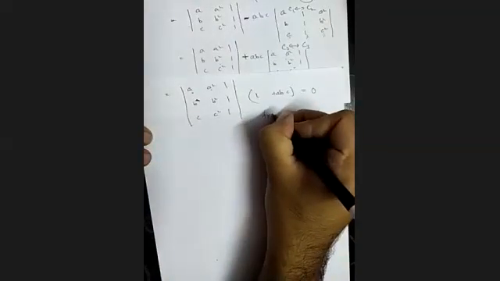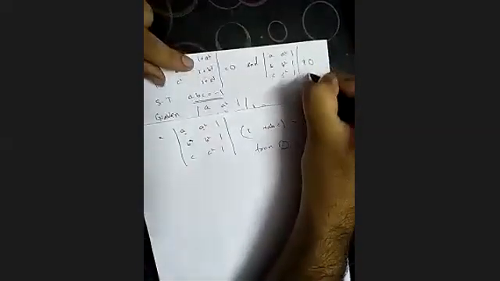From 1, we know that it is not equal to 0. It was given to us in the question that this is not equal to 0. If it is not equal to 0, then it will be some variable value, but it will not be equal to 0. So we can skip that.